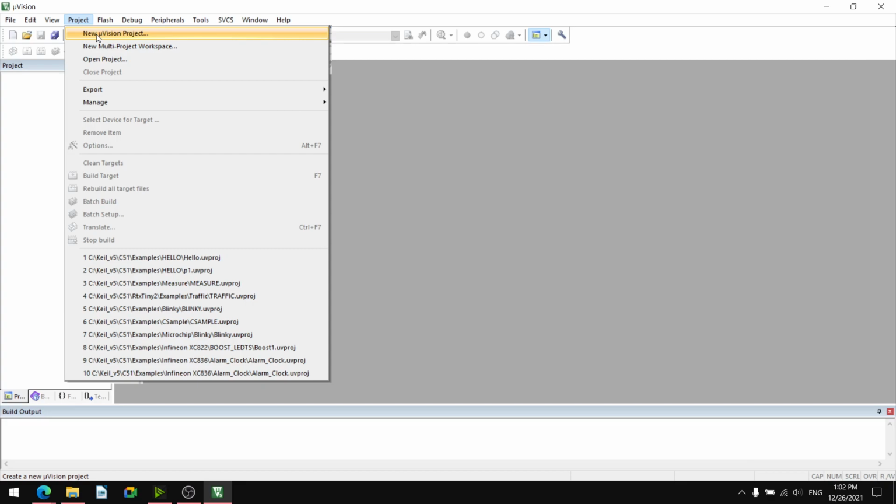The project means whatever program we have to do, that program will generate some object file, linking, ASM file, etc. Those files are stored in one group, one batch, and that total is called a project.